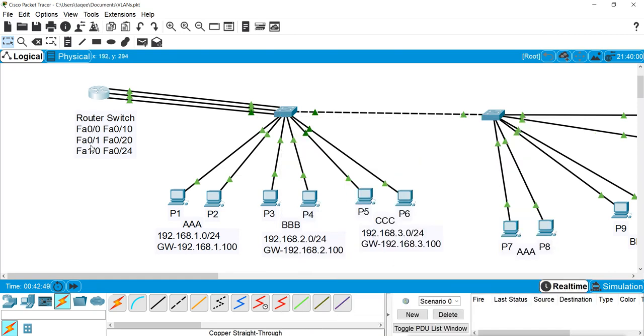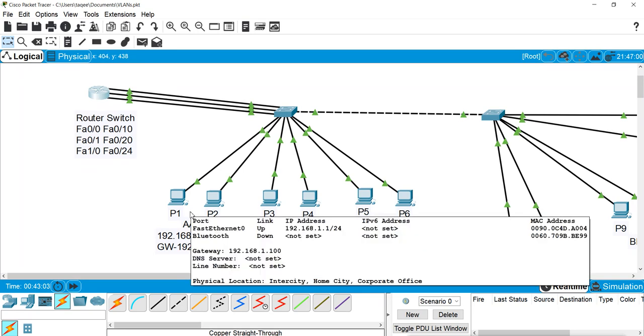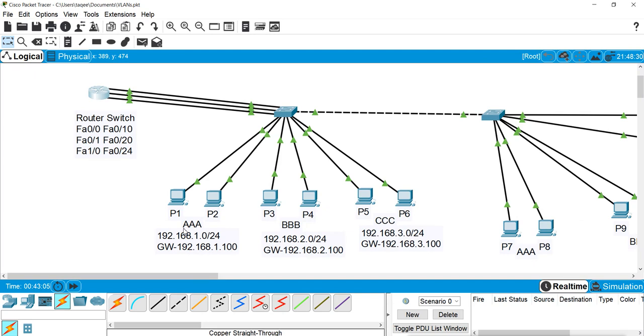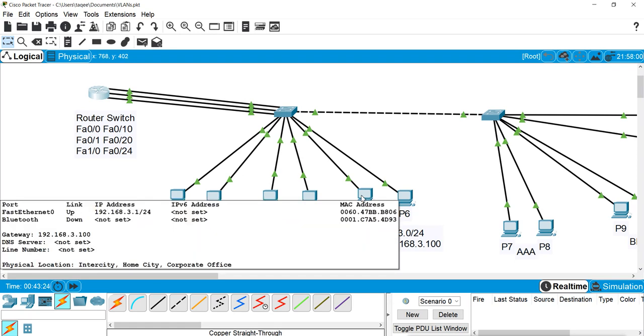We make these ports of the switch which are connected to the router's ports members of these particular VLANs. Then I configure the router's port which is connected to the port of the switch from those VLANs. Like the port which is connected to VLAN A, I configure this gateway on that port because of this network. For the port which is connected to VLAN B, I configure this gateway. For VLAN C, I configure this IP on the router interface so that it will become the gateway for this network. Now when you check, these machines have the gateway. They know the gateway.